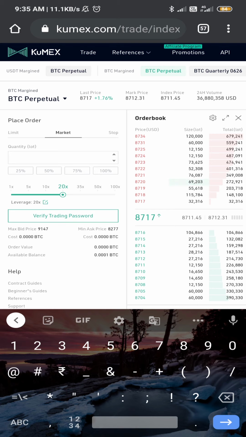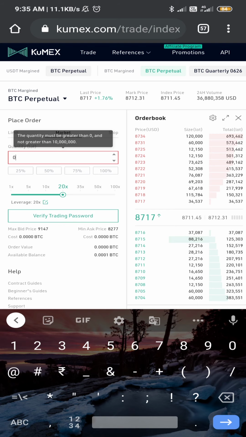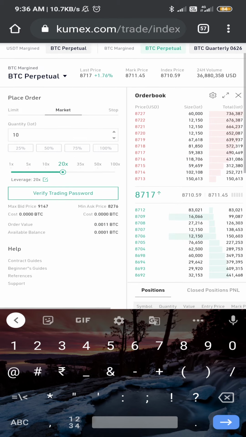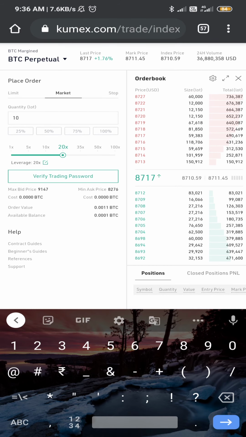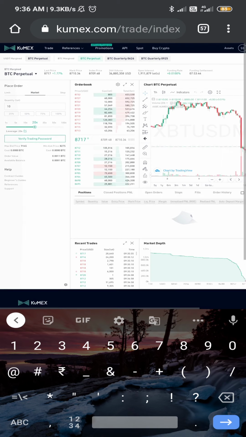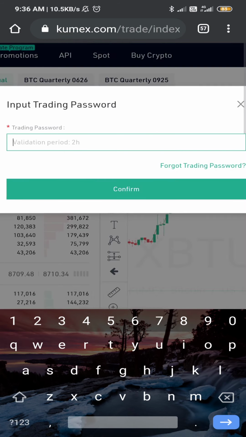I will put in a quantity of 10 contracts. Then I take 20x leverage and verify the trading password.